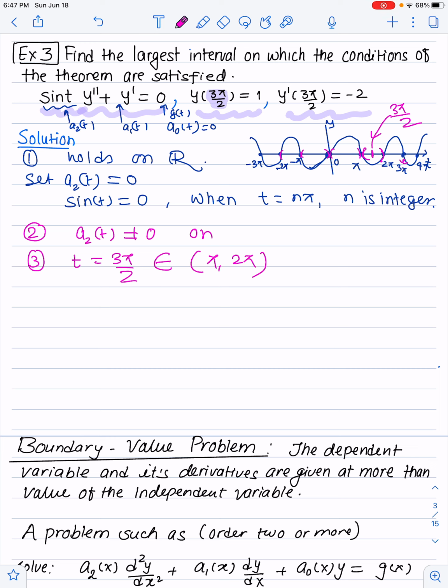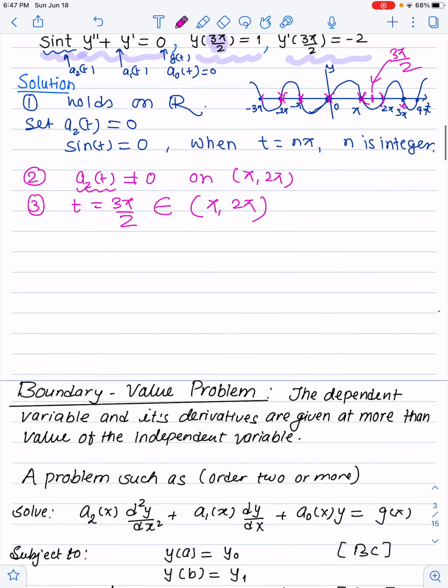That means a2(t) will not be 0 on this interval. I'm just picking that interval because a2(t) will not be 0 in all these intervals, but we are looking for the interval where the initial condition also lies. Okay, all right, so thus we can conclude that pi to 2 pi is the largest